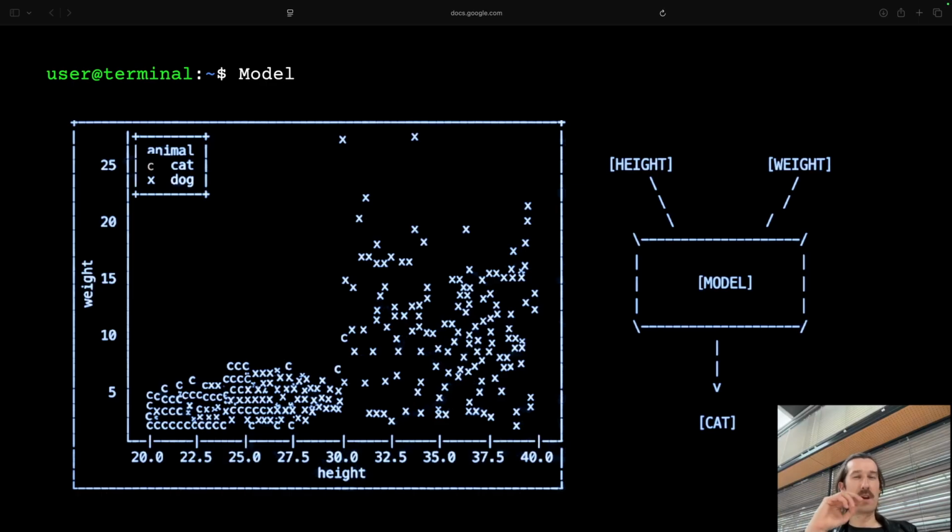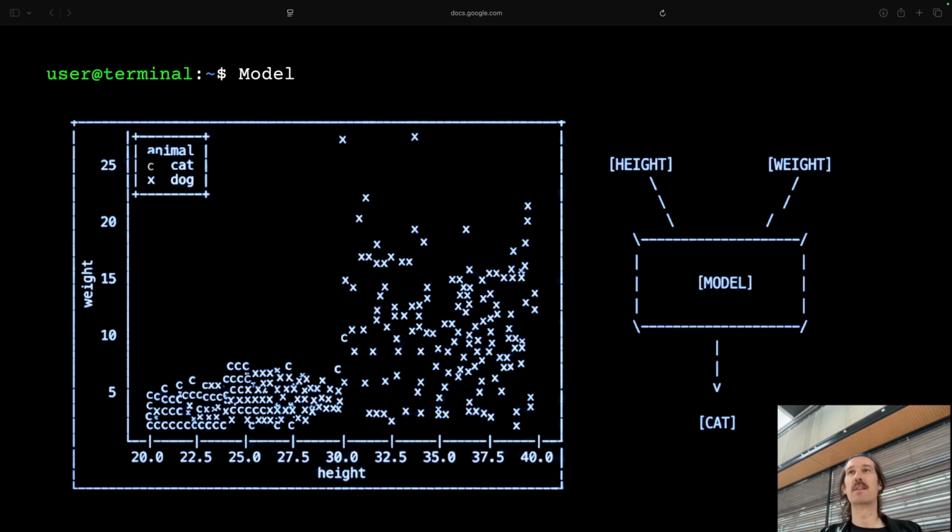So basically we have to define an algorithm now that takes the two inputs, the height and the weight, and then there must be some kind of algorithm or model, and the output would be: when you give me this height and this weight of this animal, then I can make a decision whether it's a dog or a cat.